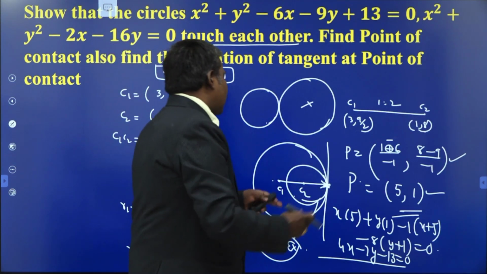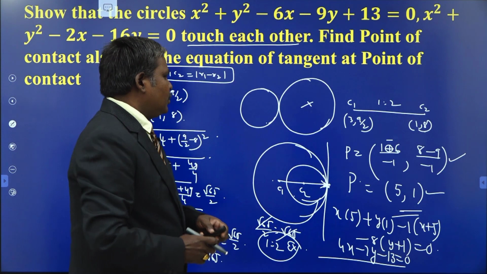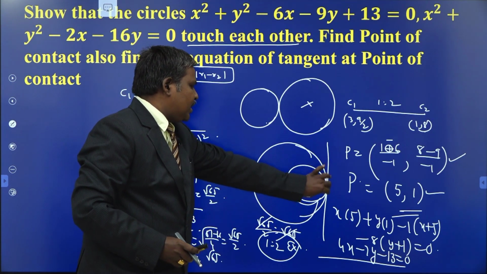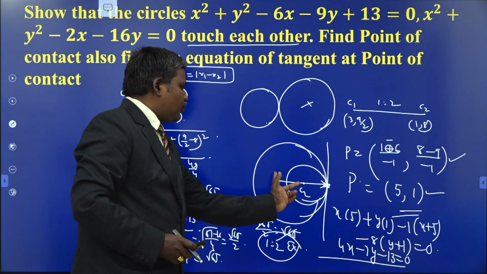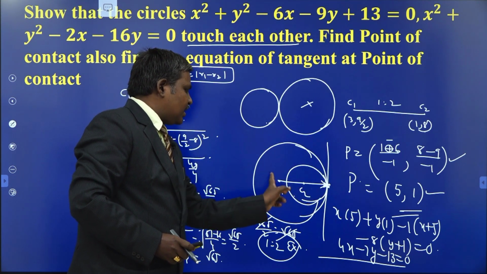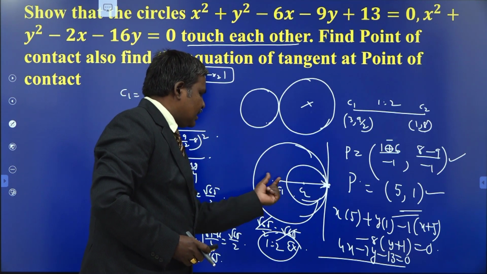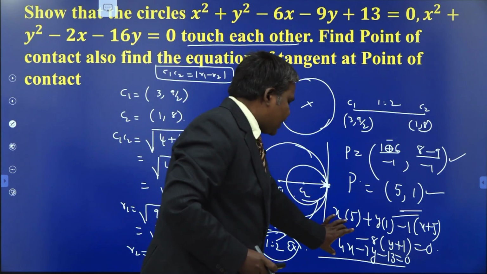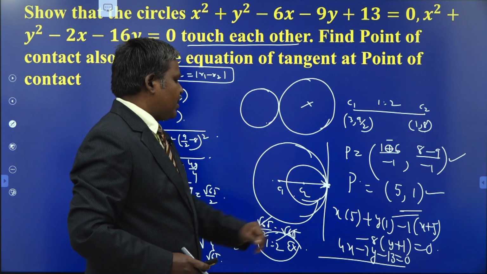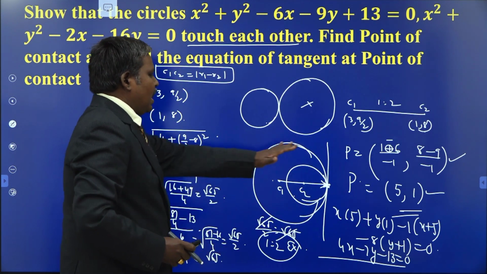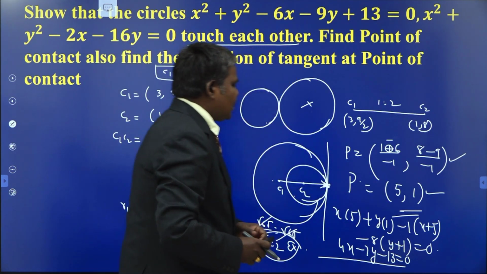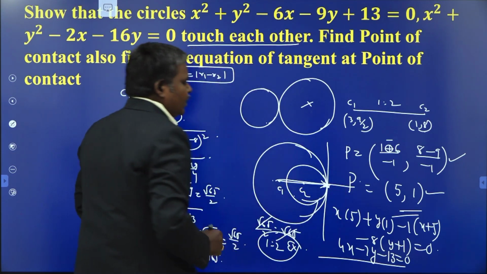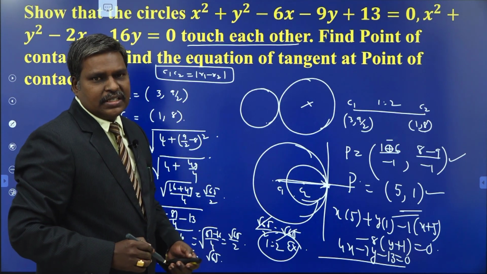This point is outside both the centers C1, C2. Suppose two circles touch each other internally, we discussed already that the point of contact is outside of both centers. That point of contact divides the C1, C2 segment in the ratio R1 is to R2 externally. So the common tangent is here 4x minus 7y minus 13 equal to 0. At that time the point of contact is here 5 comma 1. The point of contact and both centers are always collinear by the property itself. Understand? Thank you.